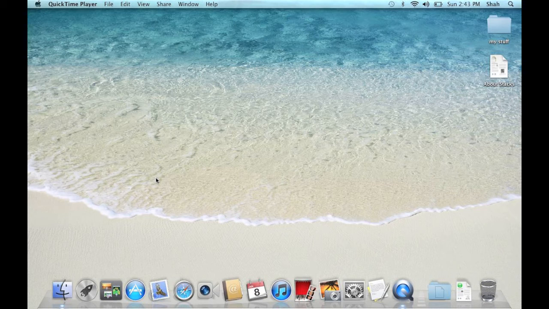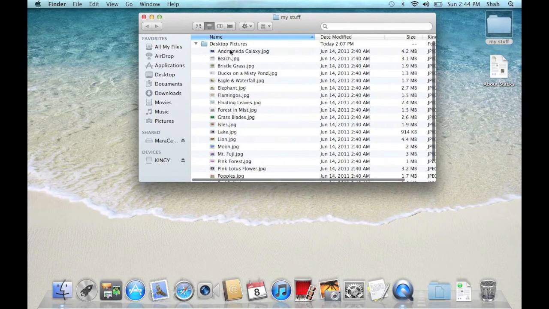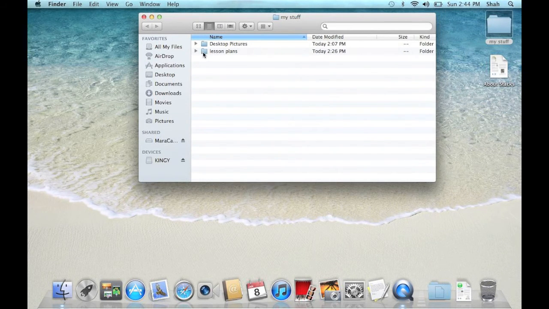Plug in your thumb drive. Open the Lesson Plans folder. Your thumb drive will appear in the lower left-hand corner of the window.